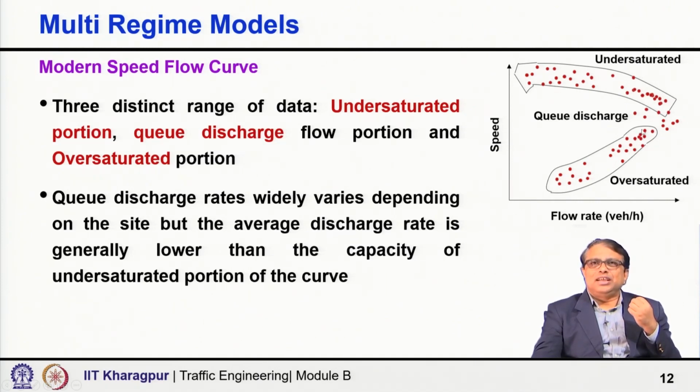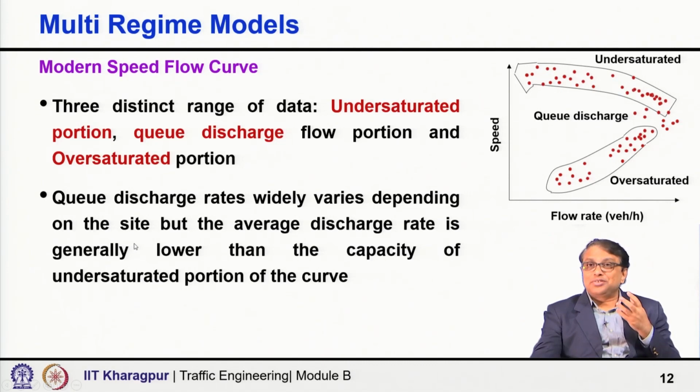Second, a Q discharge portion, when the Q is formed just upstream of the bottleneck and the Q is getting discharged through the bottleneck. Third, the oversaturated portion, unstable flow or forced flow condition, and Q discharge rates vary widely depending on the site,